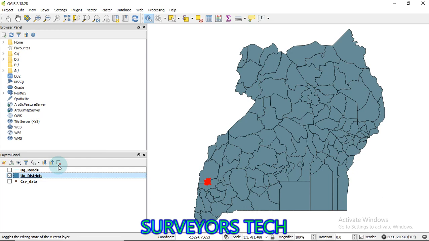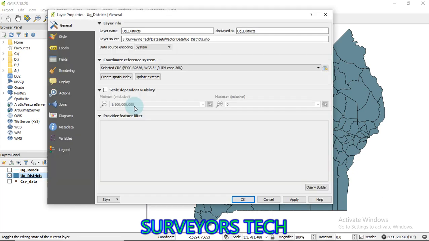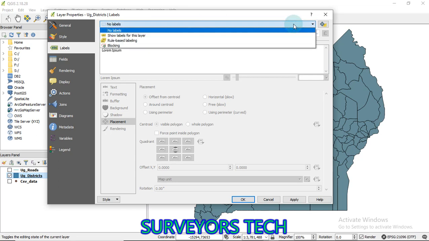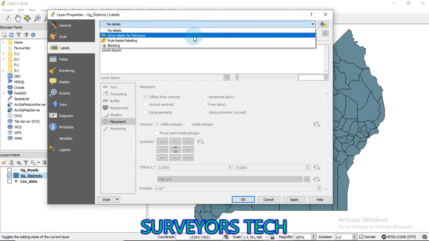So you right click on that layer and go to properties. After going to properties, what I'm going to do first is label them. Come to labels. Here it says no labels, but there's a drop down, so click there and select show labels for this layer.